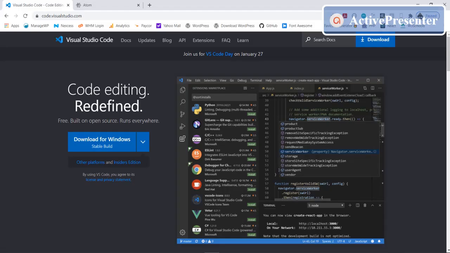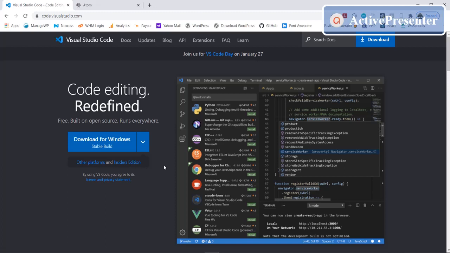Next thing at number 6 is, of course, a code editor. And here we have the granddaddy of them all, VS Code or Visual Studio Code. You can find that at code.visualstudio.com, and you can download it for either Mac or Windows. They usually can tell what you're using just by going to the site. And this is the sort of Cadillac of code editors. It's the thing that most